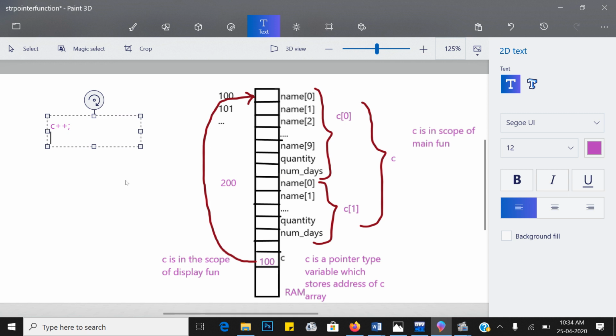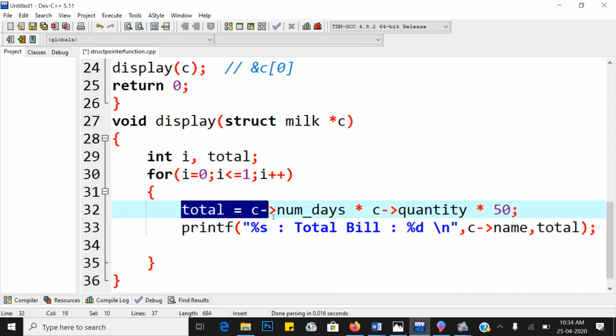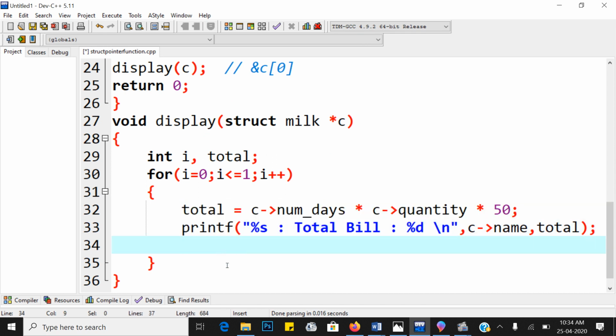So after c++, now C stores the address 200, that is, the second customer's base address. So in our code, if the first customer's information is displayed, we increment the pointer c++.